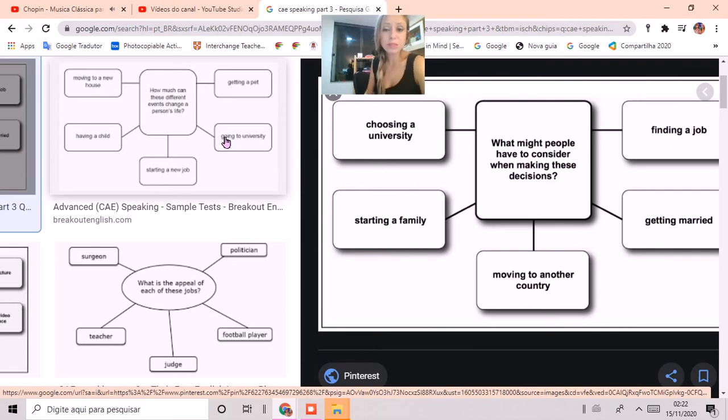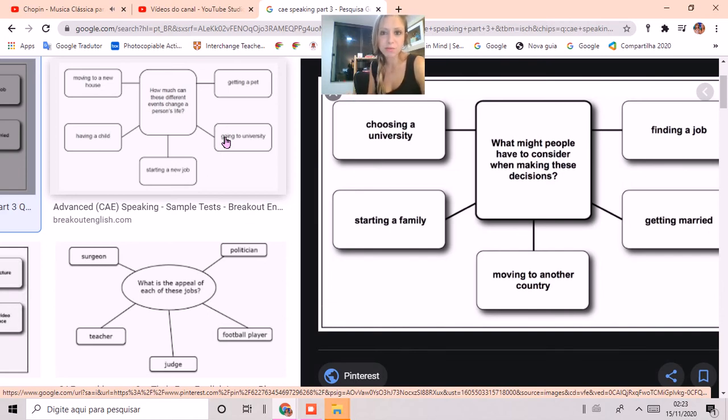And so starting a family can also be difficult. Then you could say starting a family could also be difficult because you have to deal with other people's interference in your relationship, and it can be very hard to accept, and it can lead to many arguments in the couple or in the family when relatives tend to show the couple what's best for them, and sometimes they interfere in a negative way.